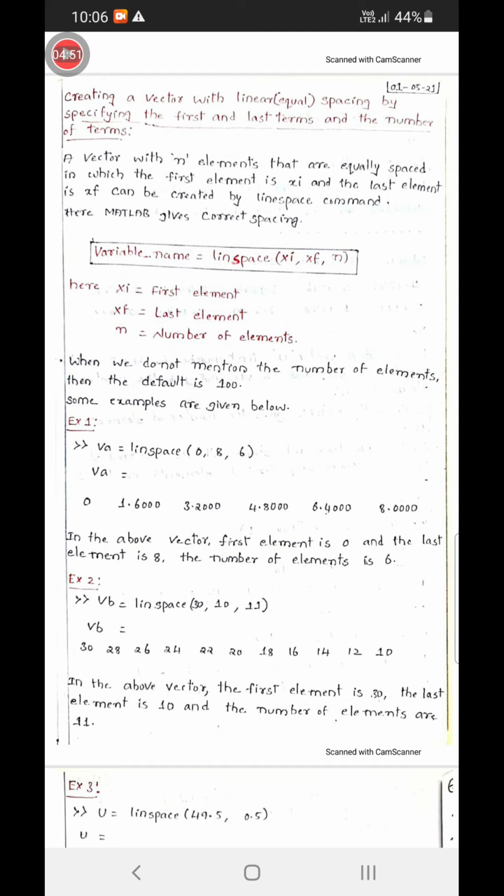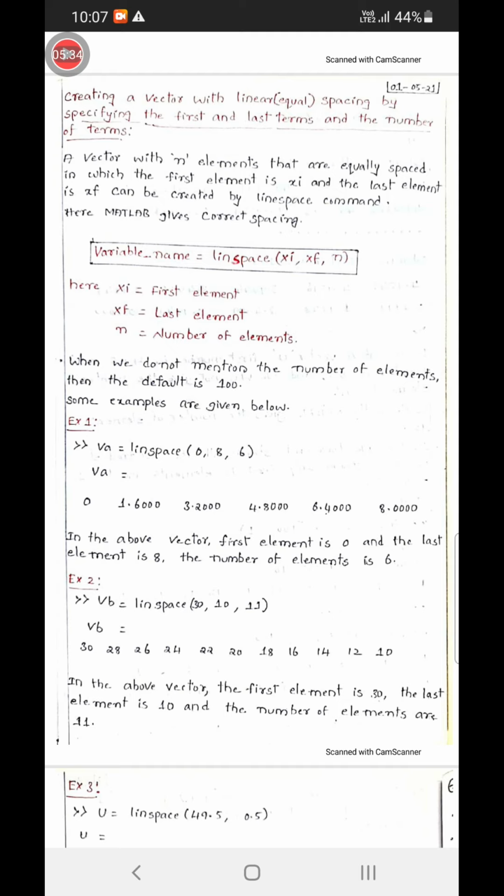For that range we have to create 6 elements, and those 6 elements also must have equal spacing, line spacing, linear spacing. If we type like that and press the enter key, MATLAB displays the output: VA assignment 0, 1.6, 3.2, 4.8, 6.4, 8.0.